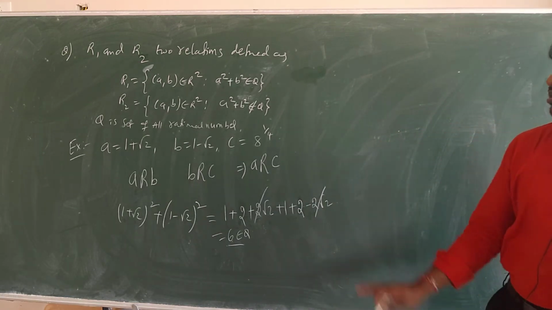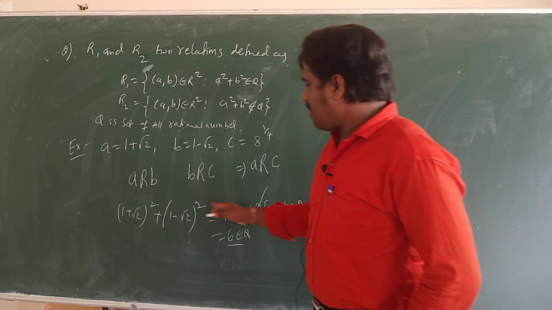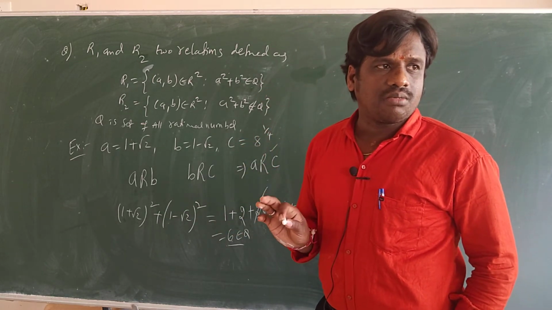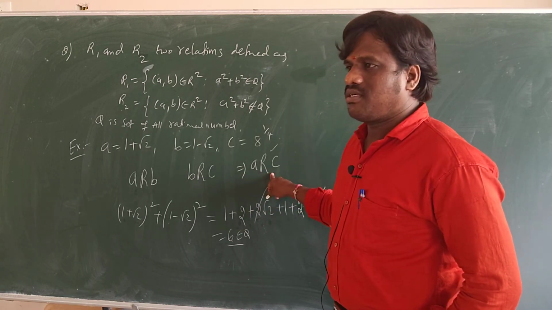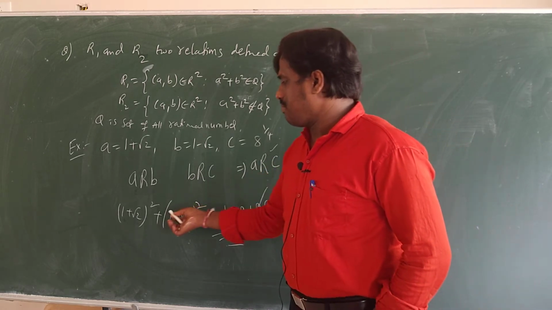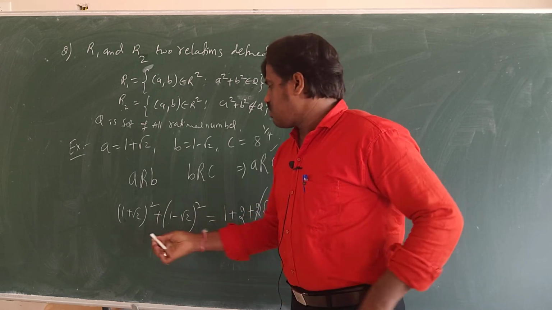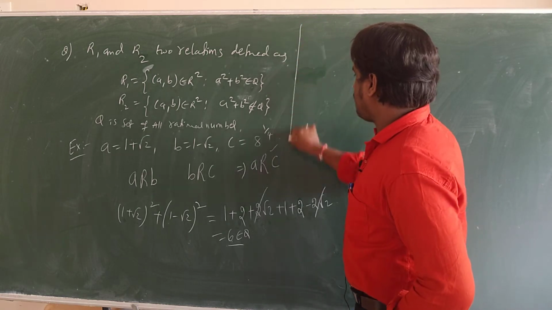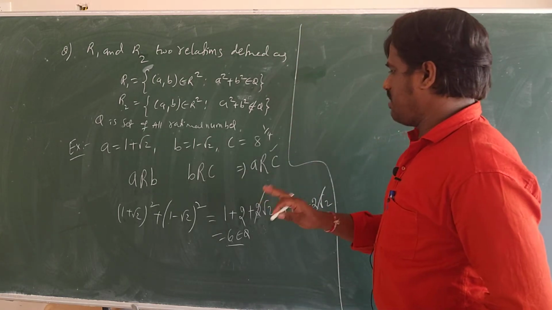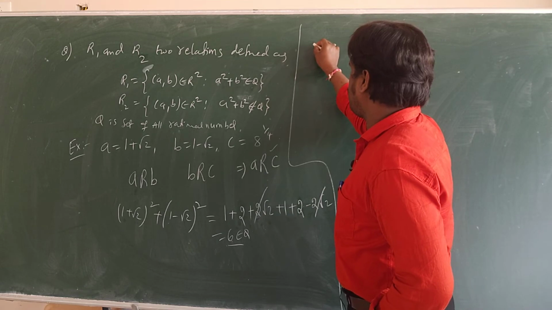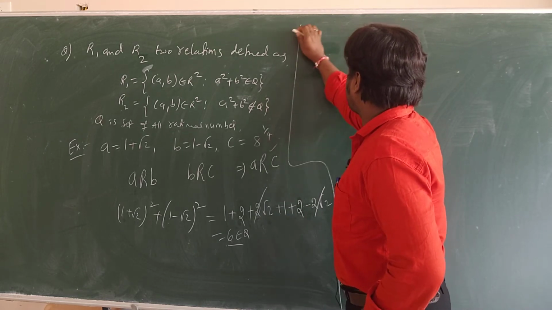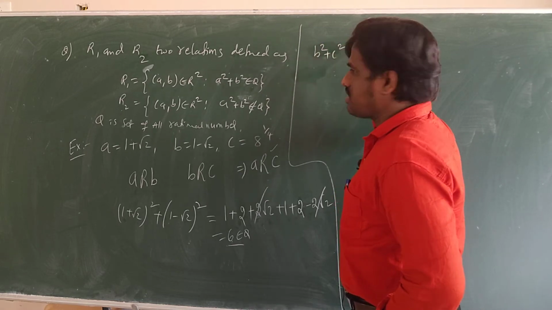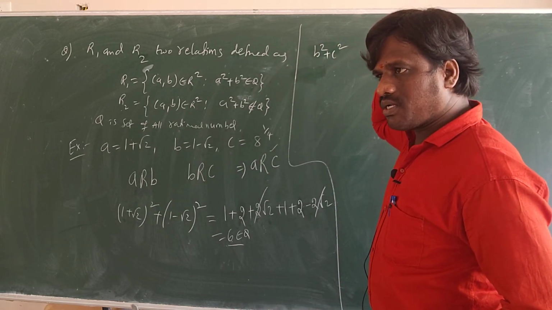You have to show that. If you take normal numbers, it appears to satisfy this. But you have to take tricky numbers that should not satisfy. So (a, b) we took like this. Now let's see (b, c). If you want another method, I will tell you another method also. (b, c): b is 1 minus root 2. Oh, sorry. For the (b, c) combination, I have to take b square plus c square. Are you getting it?